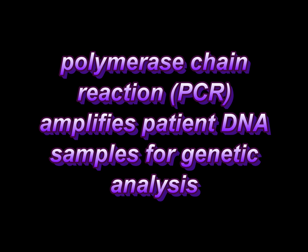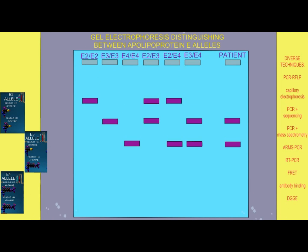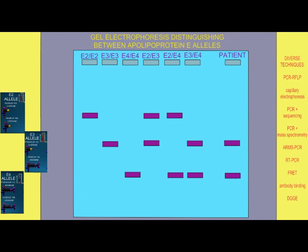Determining a patient's predisposition to heart disease often involves examining which form of a specific gene, which alleles, they possess, because certain alleles may predispose one towards disease. Now, while patients do provide DNA in cheek swabs and blood samples and the like, it is not enough DNA